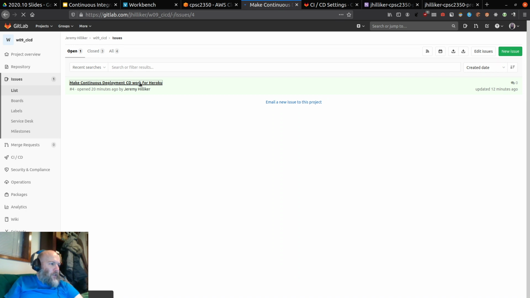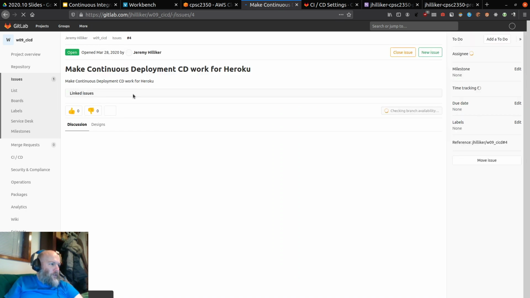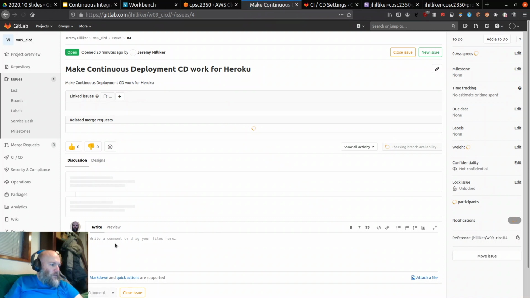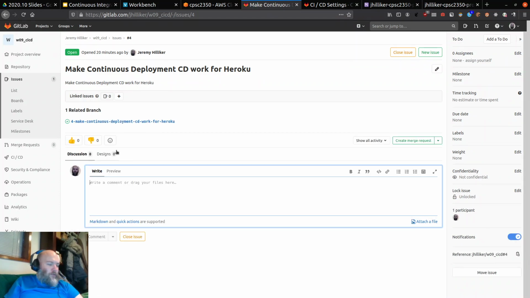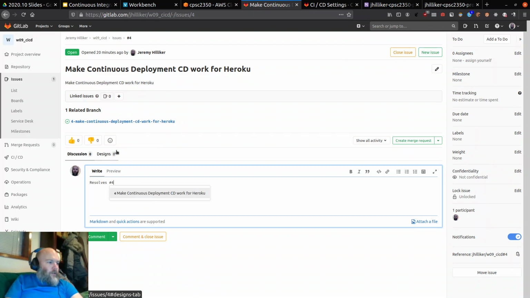And then I think I actually made a tiny, tiny bit of mess in the code base. So I'll fix that too. All right, so we'll just say that resolves, what is it? Number 4. Number 4. Okay, and we added these variables to CI